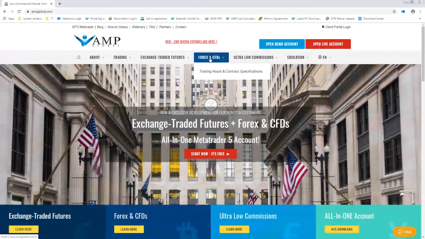And on the home page, you're going to see here Forex and CFDs. You can click this little section that says trading hours and contract specifications. Just give it a couple seconds, it's going to load up. And you're going to see all the different Forex pairs, CFDs, and cryptos that you can trade with AMP Global